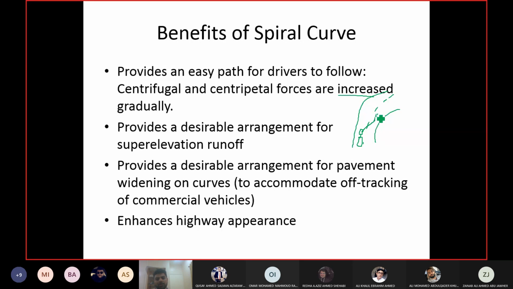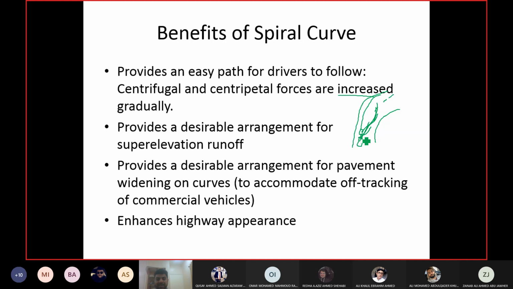The driver has to encroach, or make a wider turn, so that the rear body can follow. So it has the space for the rear body to follow the path of the vehicle. A car can turn like this, but for a heavy vehicle, the driver will slightly go towards the outside edge so that the full body can make the turn. The rear body can follow the turning. Otherwise, the rear body will bump into the sides of the road.